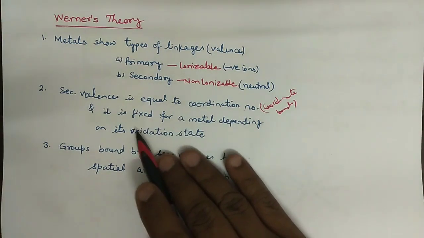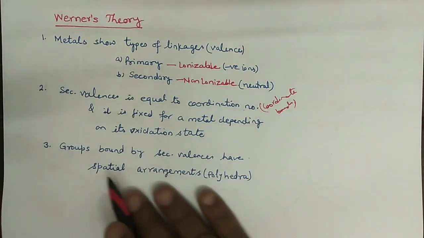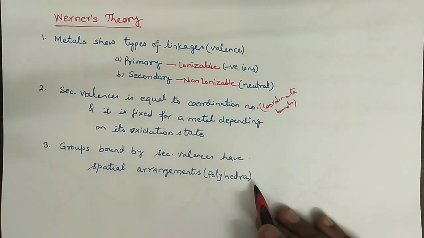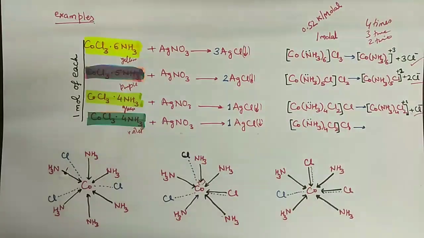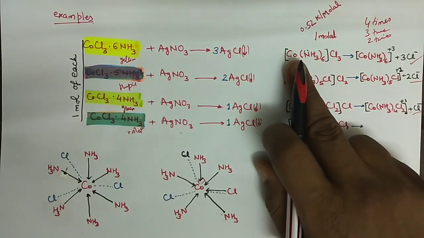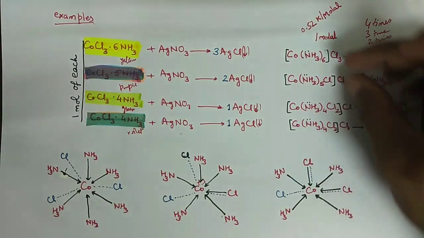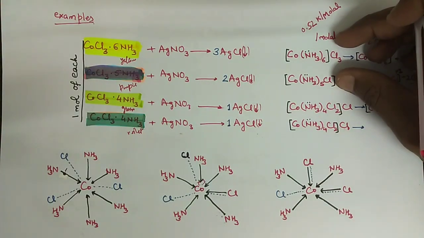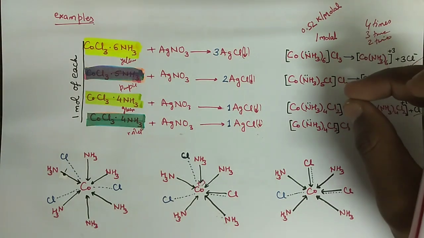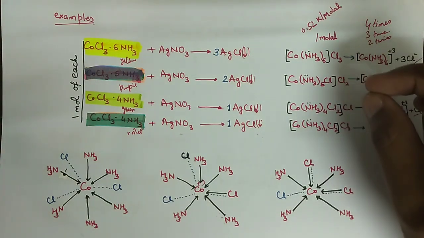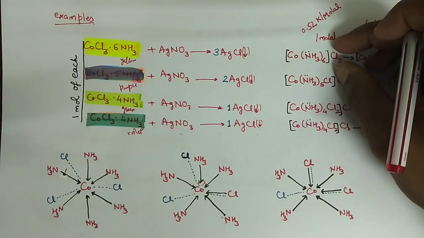Secondary valency will tell you the coordination number, and groups bonded by secondary valencies have a spatial arrangement which is called the polyhedra, meaning that if you have 6 ammonia bonded to cobalt, then because they are bonded through coordinate bond and these chlorides are bonded through ionic bonds, and we have learnt in covalent bonding, coordinate bonding, that the ionic bonds are non-directional,